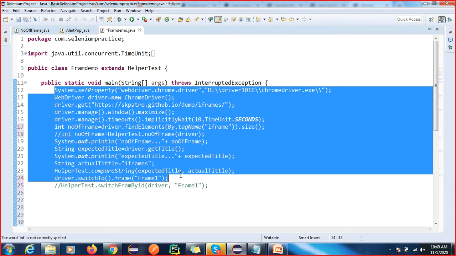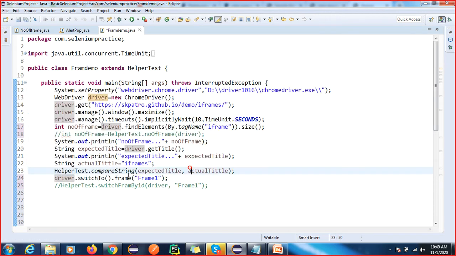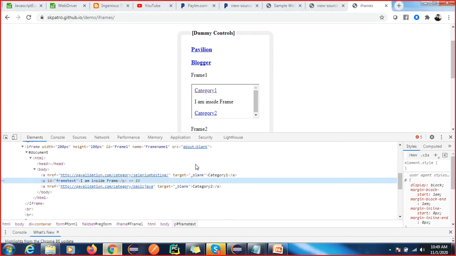Yes, anyone having any doubt? Got it, right? So we are switching over there. Okay, do one thing. Without switching, try to perform any operation here. You will get an exception because we have to switch to that. So how to switch to that frame?